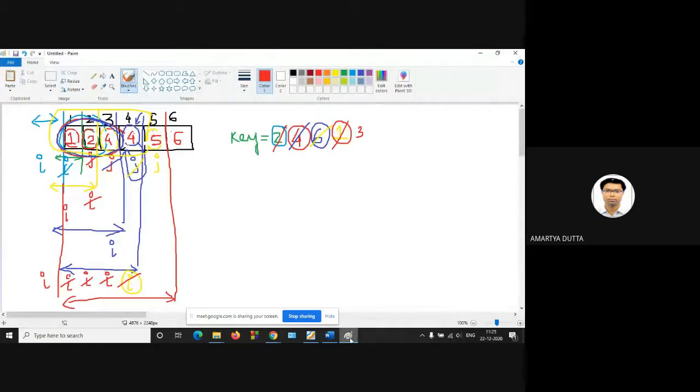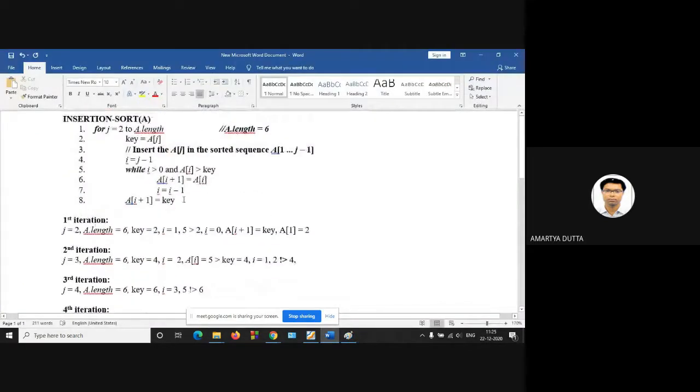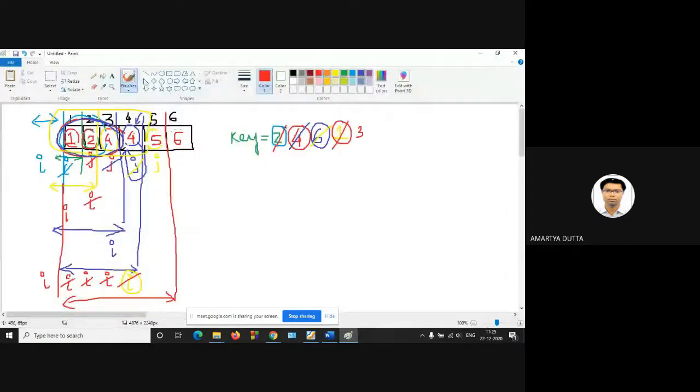So stop, and a of I plus 1 is equal to key, line number 8. So what is your key? Key is 3. So insert this key at position I plus 1. So delete this 4 and insert the 3 at the proper position.